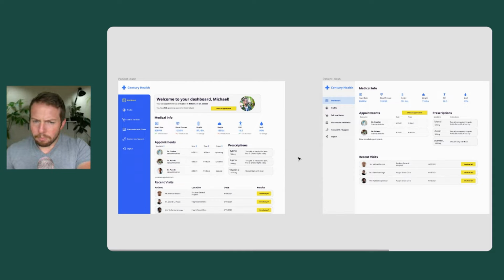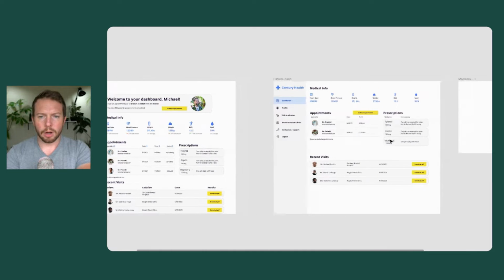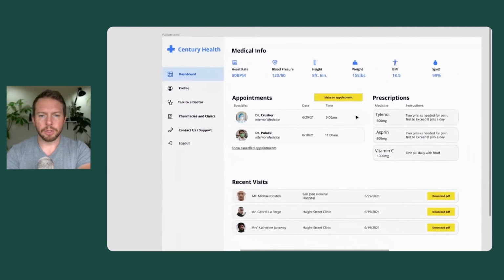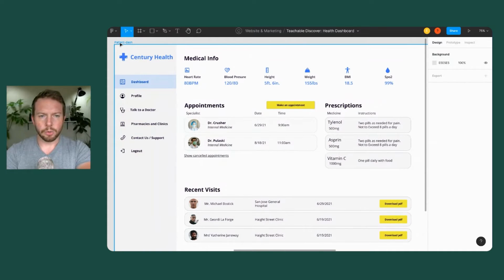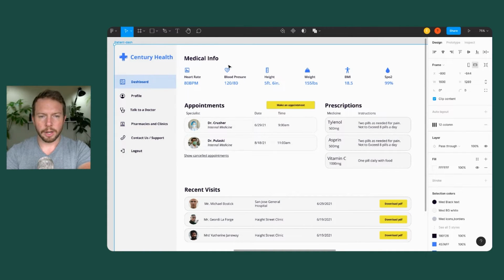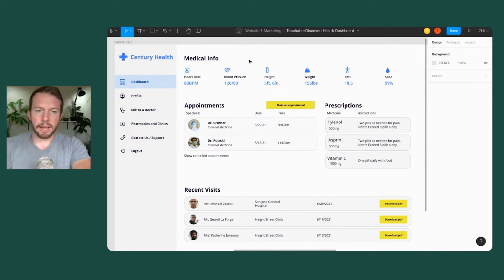Just to review, a lot of what we've been saying to ourselves is what can we remove or what can we make a little bit less visible? And so already I think this is in a better state, but there's still going to be other things that we can fix. So now what I'm going to do is take this dashboard and fix